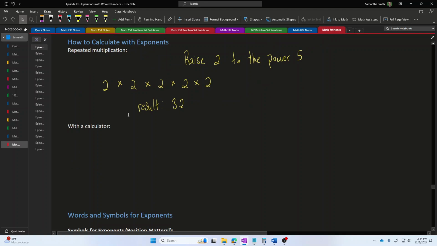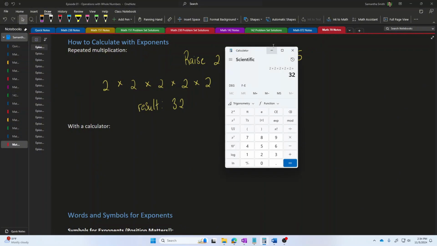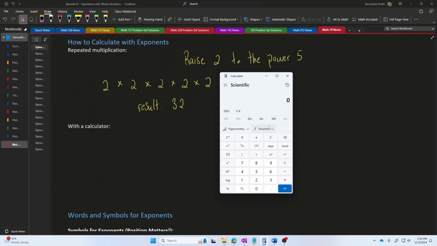You can also use the calculator to calculate exponents directly. If I wanted, for example, in the calculator to raise 2 to the power 5, then in the Windows 10 or Windows 11 calculator, the symbol that I would use is this one right over here on the far left, this X at the bottom with a floating Y on top of it. If I write 2 and then X with the floating Y and then 5, I get the same result, 2 to the power 5 being 32.